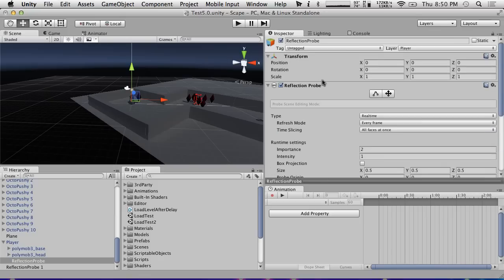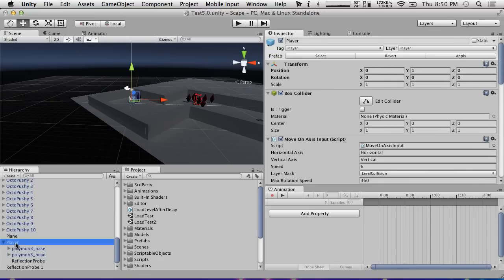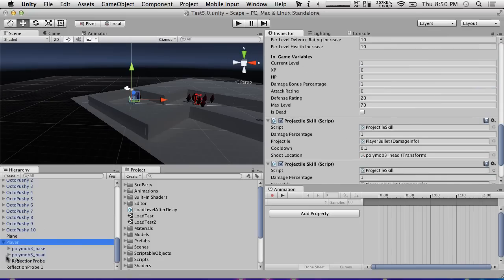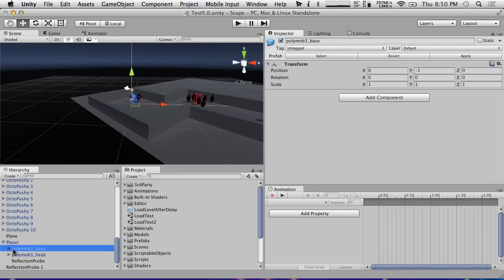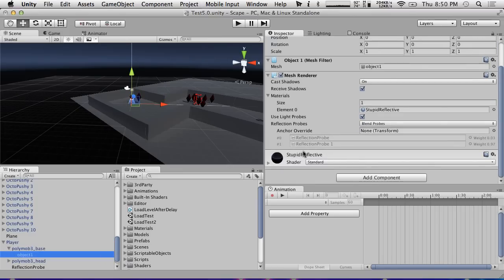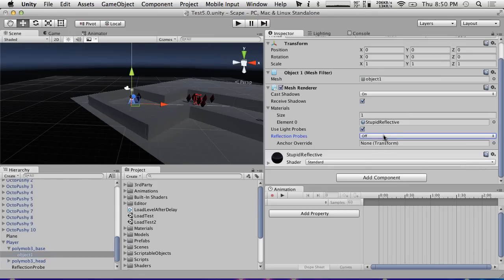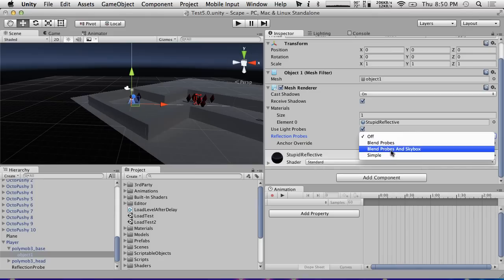And how do you turn off the blending? I thought there was a way to do that. Is that on the renderers? Might be on the renderers. Let's find out. There we go. So reflection probes, you can do off, blend probes, blend probes and skybox, and simple. I wonder what off does. Does off just make it... Oh, I guess that might be another solution to our problem too. But yeah, we just want